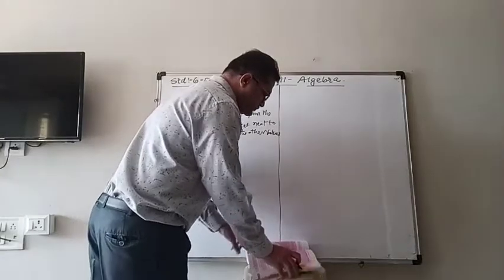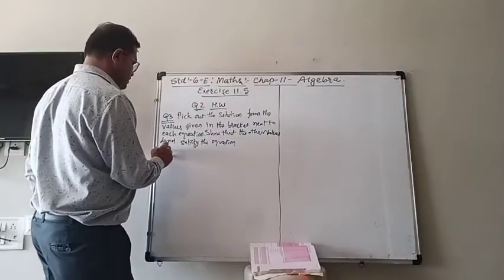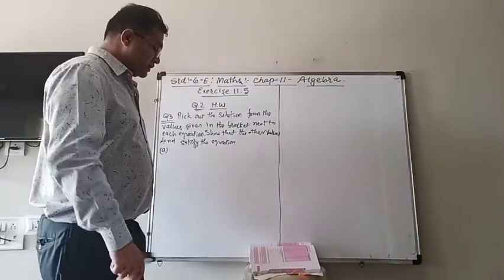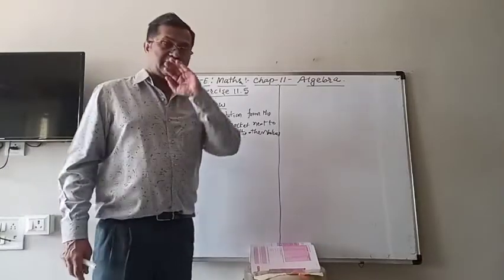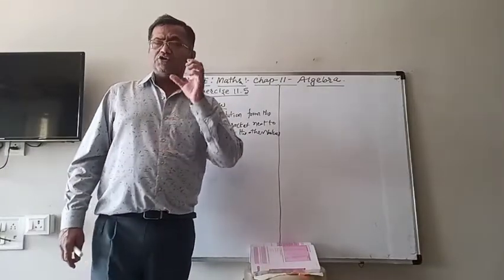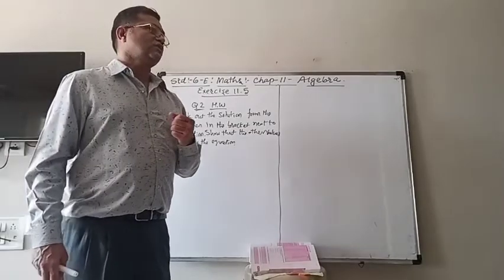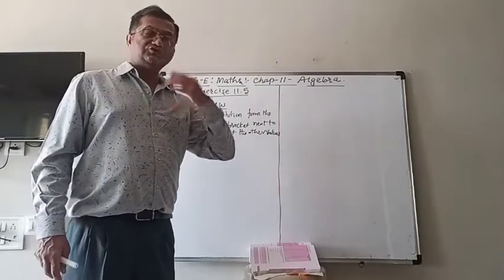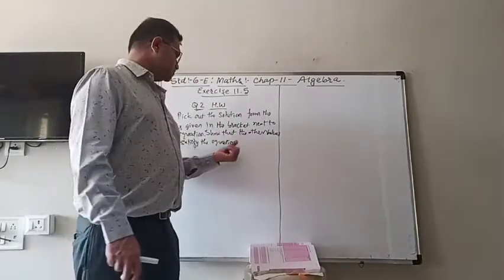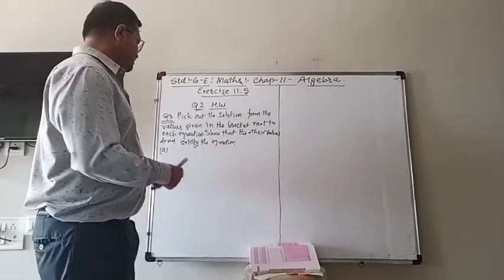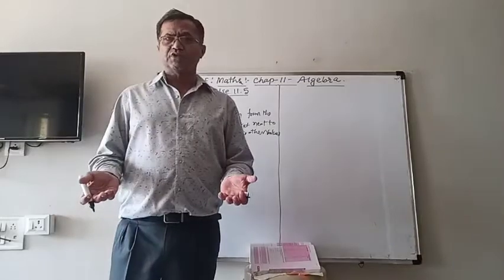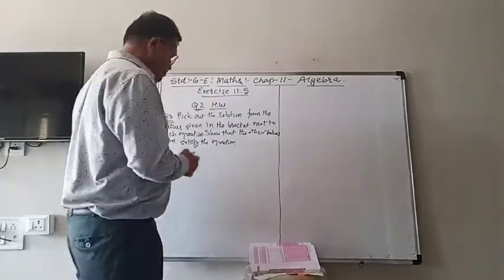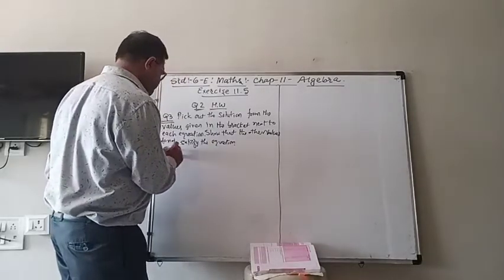So here different equations are given, and next to the equation in brackets 4 values of the variable are given. You have to choose the correct value which satisfies, or is the solution, and we have to show that the other values do not satisfy the equation. So we will find the value of the LHS, and if it is equal to the RHS, that will be the solution, otherwise it is not. So first is 5m equals 60,